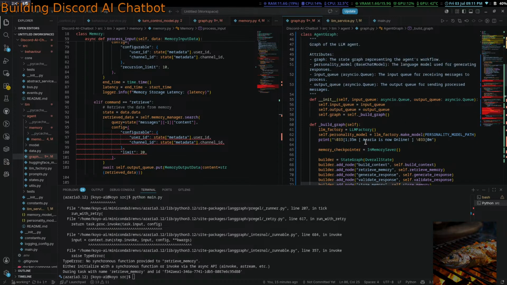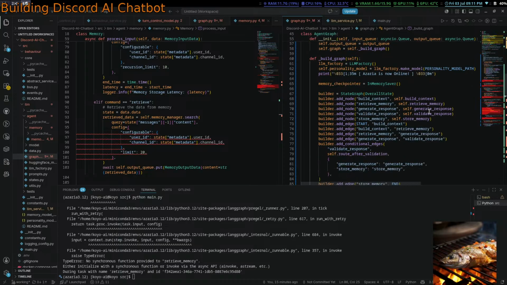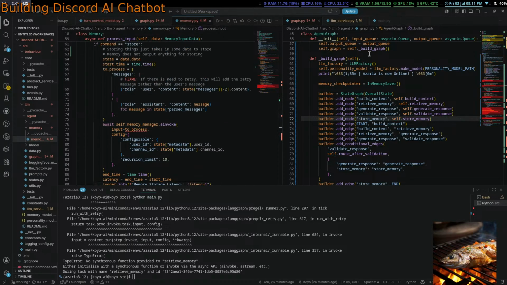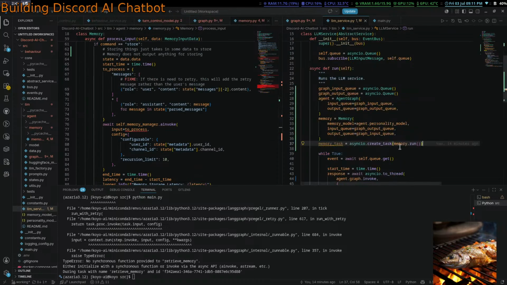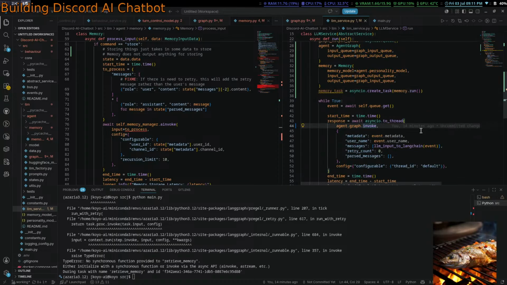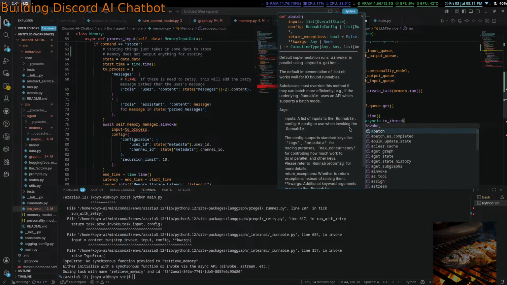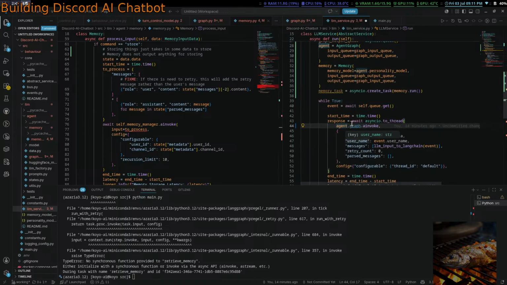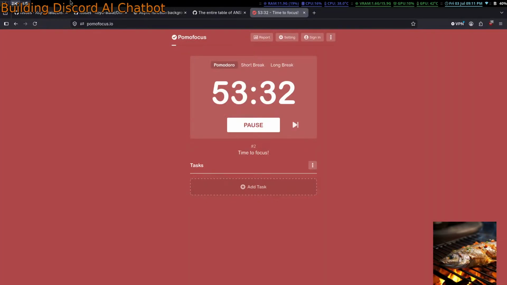Compile, make model, add nodes, self. Well, okay. What if I just where's? Okay, watch this magic. I'm gonna put boom. A invoke. Okay, do I need to await this though?